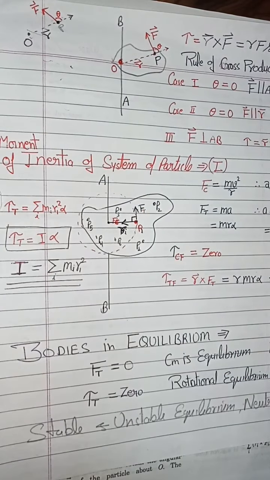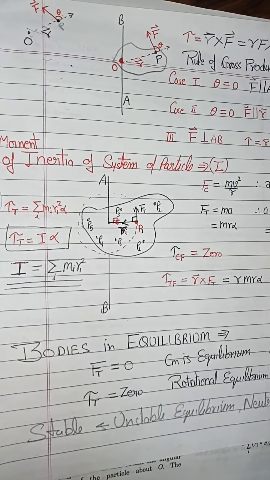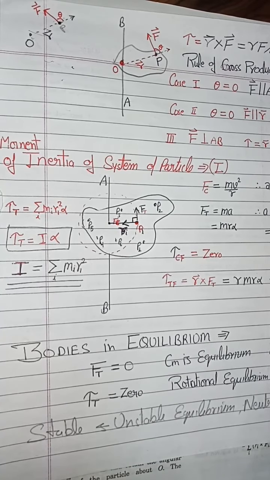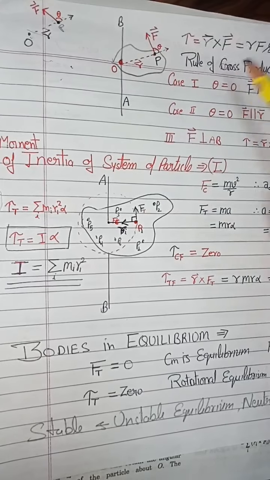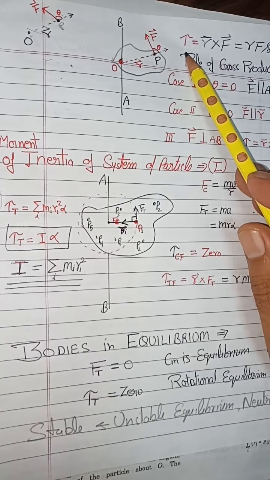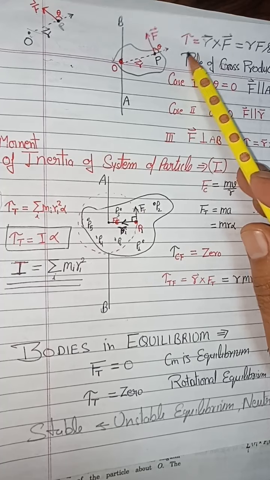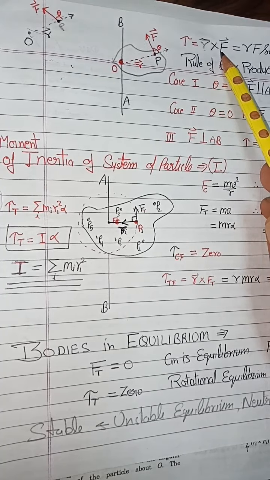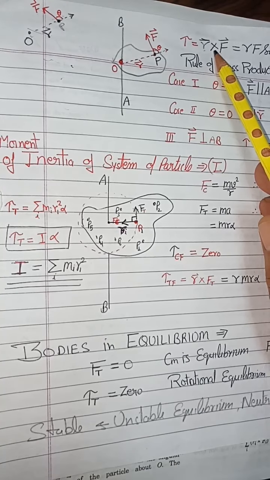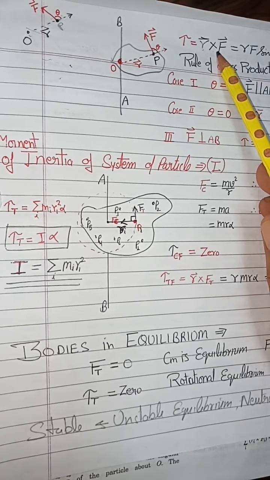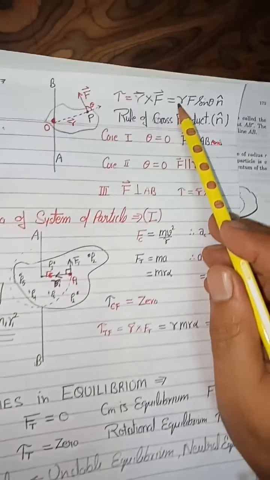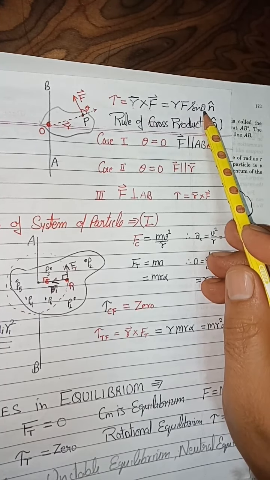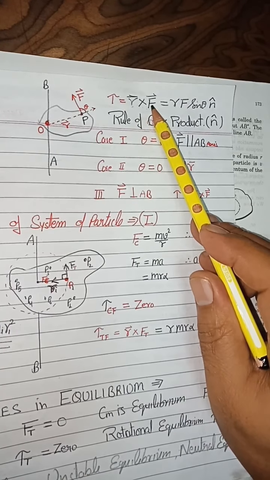So it means for rotation, force alone is not required. What is required? A torque is required. So what is exactly torque? We say torque is a physical quantity, which is a vector quantity, defined as the cross product of the position vector and the force vector. And I can expand this as R F sine theta times n cap, where theta is the angle between R and F.